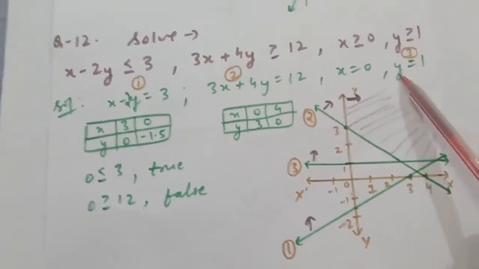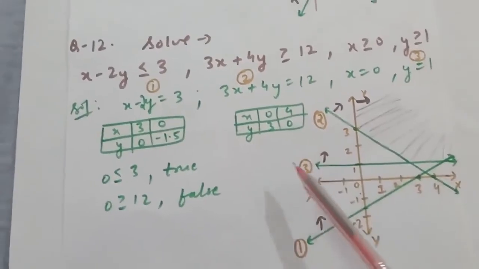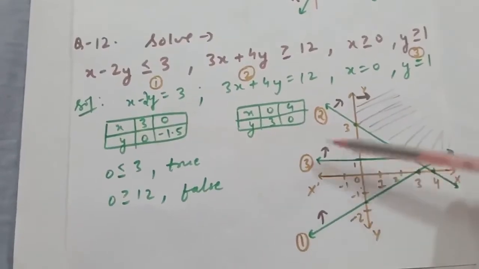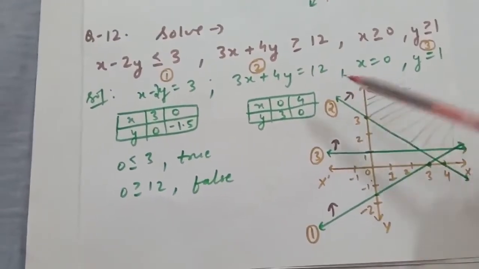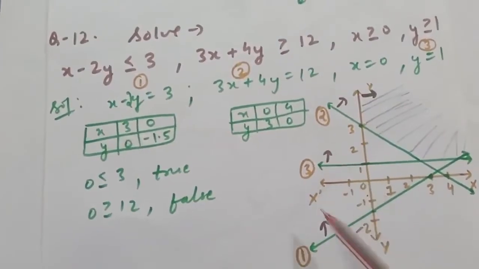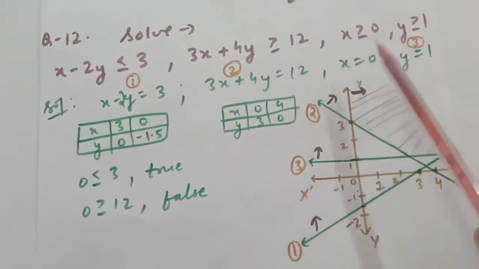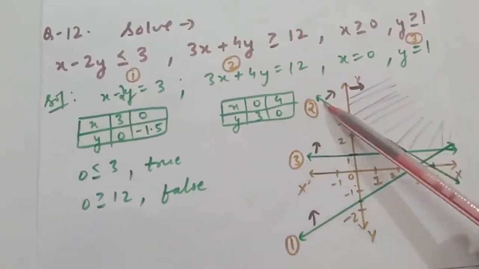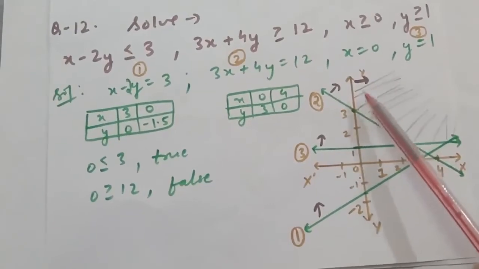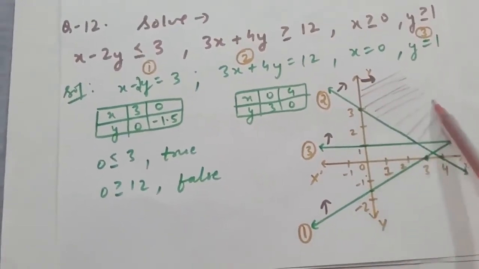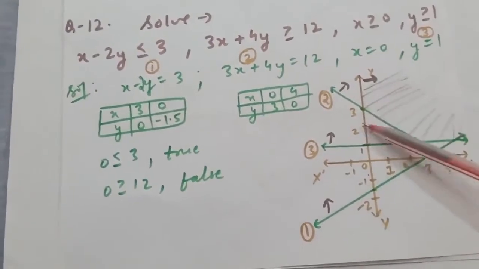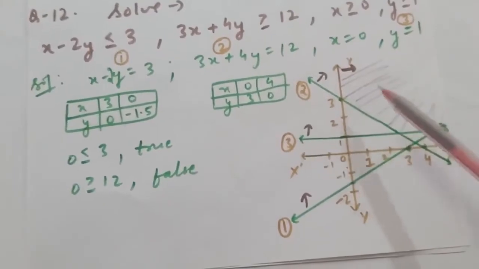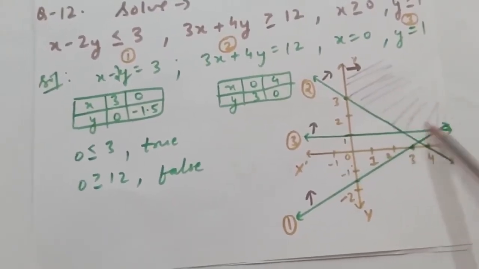Now for the equation y equal to 1, or y greater than or equal to 1. So this is the line y equal to 1. y is greater than 1 on this side. So make the arrow on this side. Now x greater than or equal to 0 will be this portion. Now we will find the common region. From this line we have to go this side. From this y-axis we have to go this side. From this line we have to go this side. And from this line also we have to go on the above side only. So you will get this region as your common region.